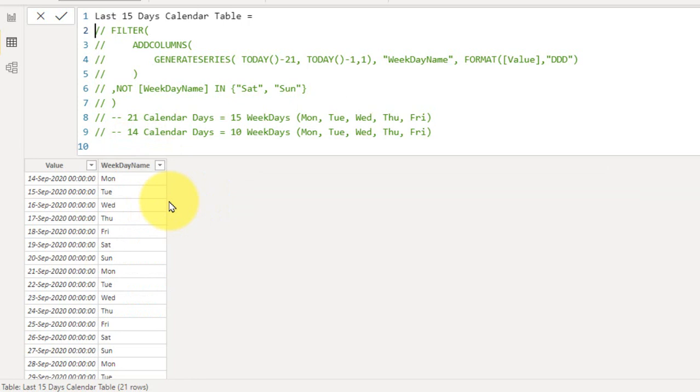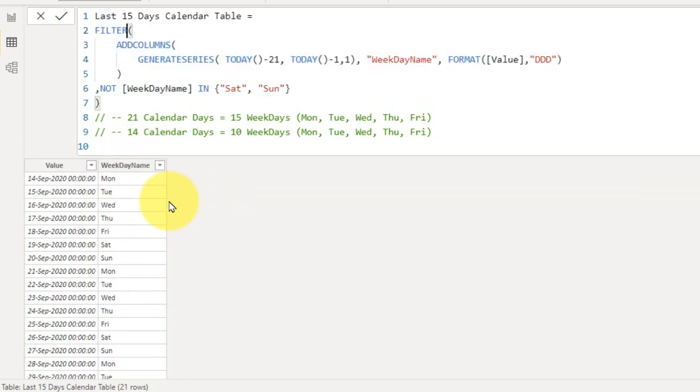Now going back to this, finally I am using this filter function, in which it needs the table. As add columns is a table, we got this data, and then comma, what I'm taking as the value here is the weekday name, excluding Saturday and Sunday from this list.